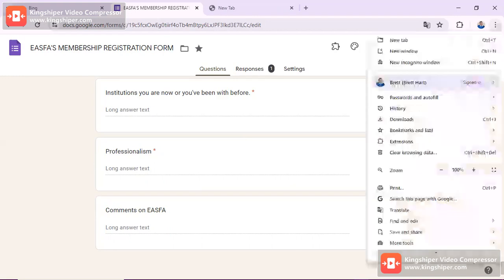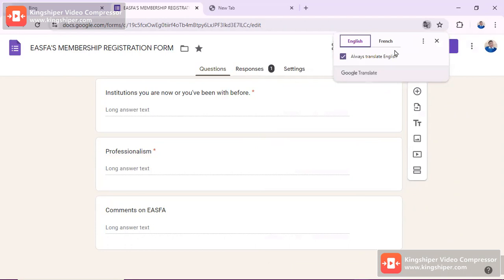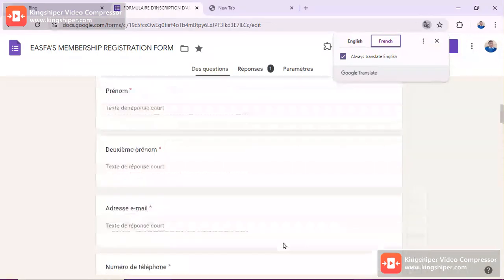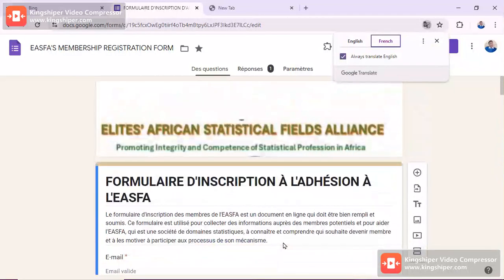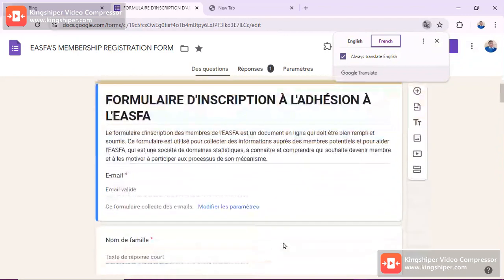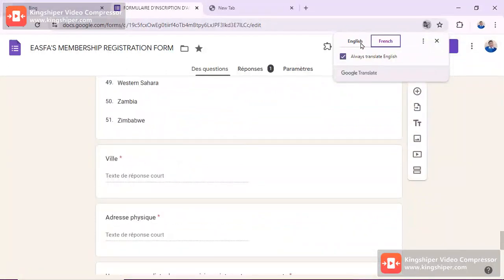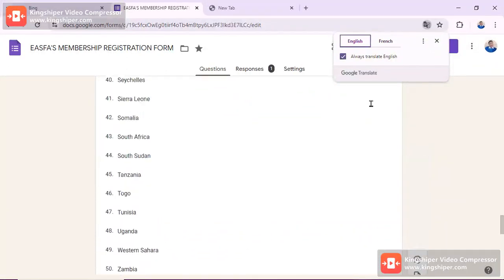And to this mouse cursor that I'm pointing at, you can come to the part that states translate. Whenever you click it, you can be asked to choose whichever language you can use in terms of translating the English language. Whenever taking it and clicking it, you might get that every word that was in English form can be turned to the French language, and that is how it might be filled in and finally be translated. And that is like translating a form from one language to the other.